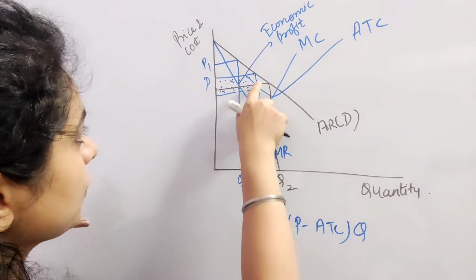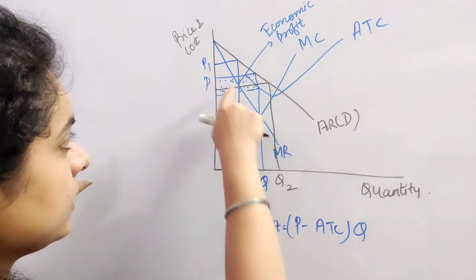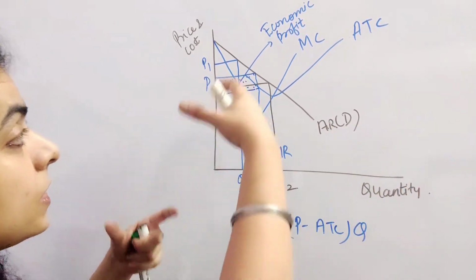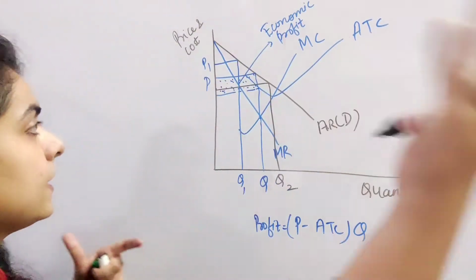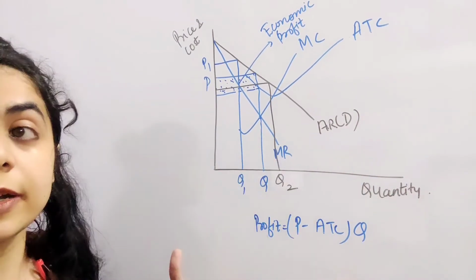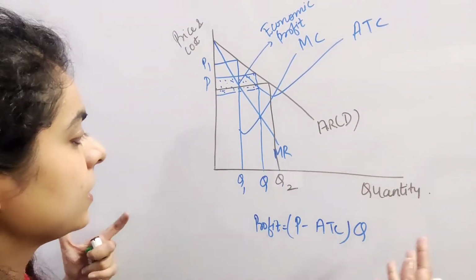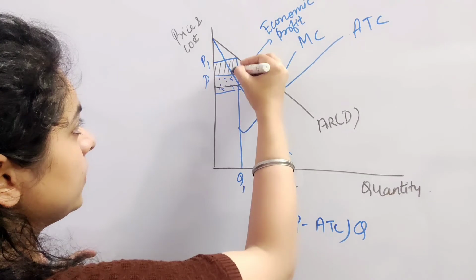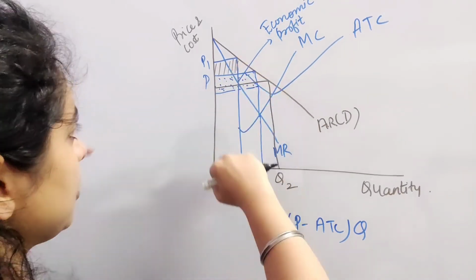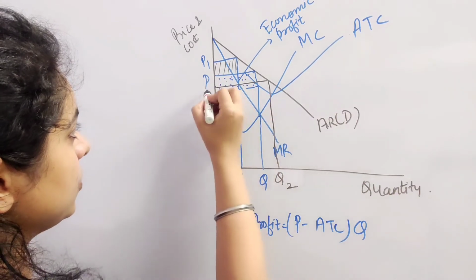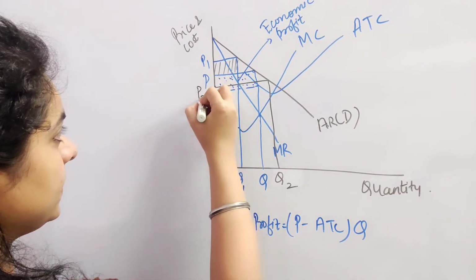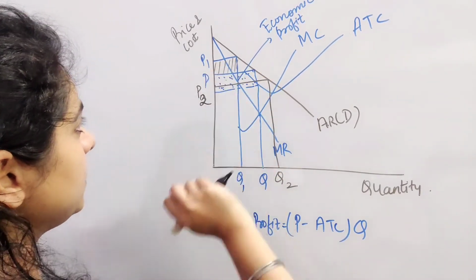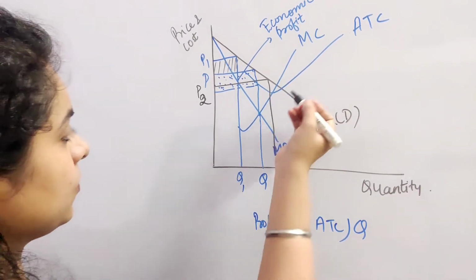As we know, this shaded portion represents the economic profit, as we marked earlier in case of a single price monopolist. But now since this monopolist starts charging different prices, second degree price discrimination according to the different quantities of the product bought by different buyers, his economic profit will increase by this portion by charging a price of P1, and if he charges another price P2, which is lower than P and P1, in this case his profits